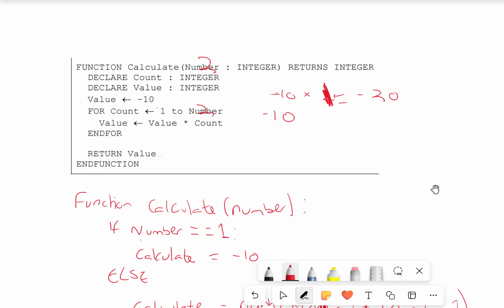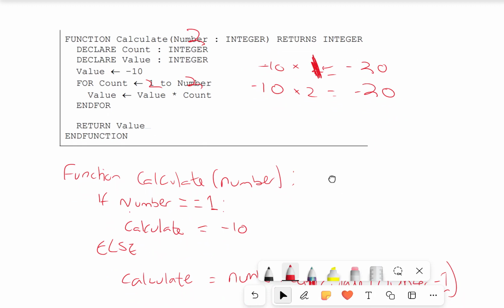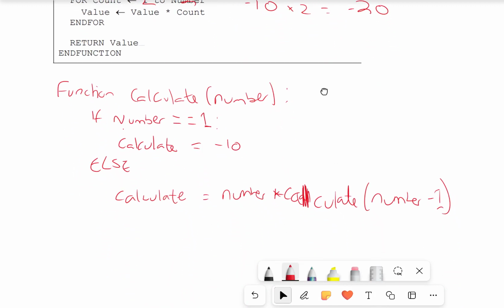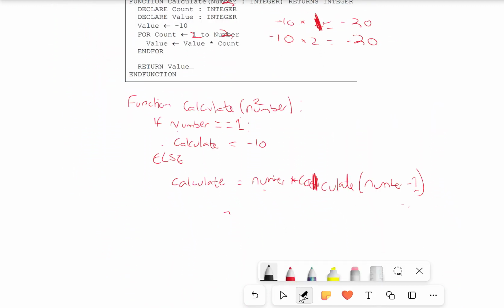Second time it loops, it's going to do minus 10 multiplied by 2 equals minus 20. If we do this as a stack with our winding and unwinding, so if we're going to do like a trace table to show the winding and unwinding effect,